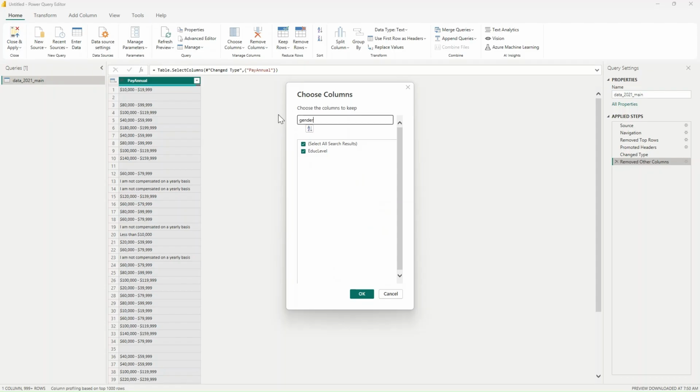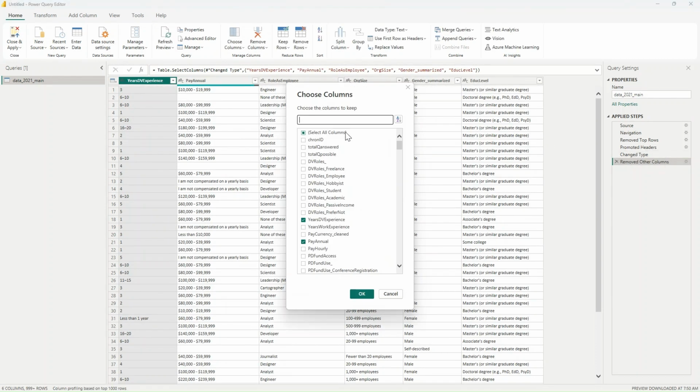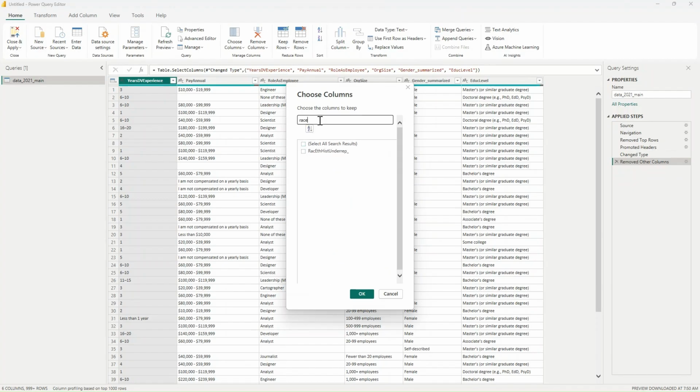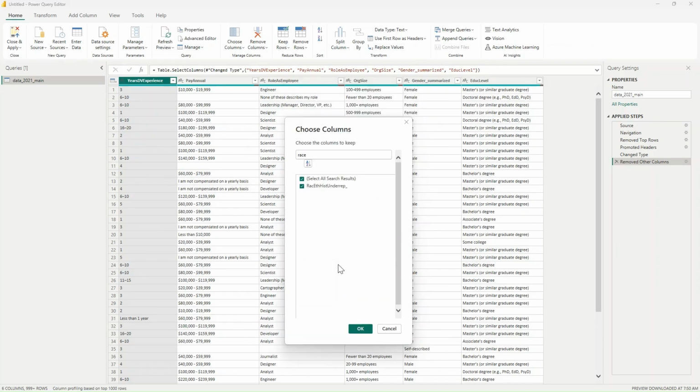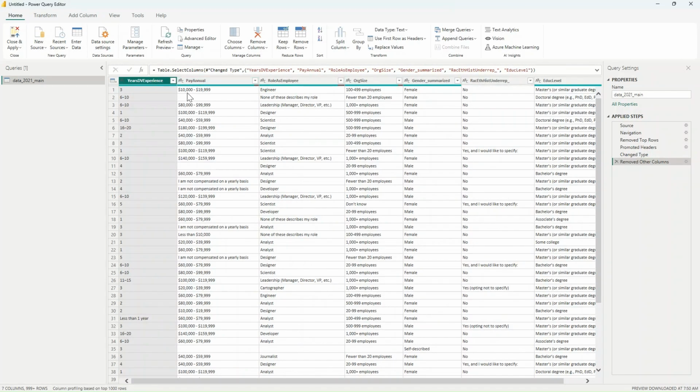Then gender summarized. And race, ethnic, underrepresented. And that's it.